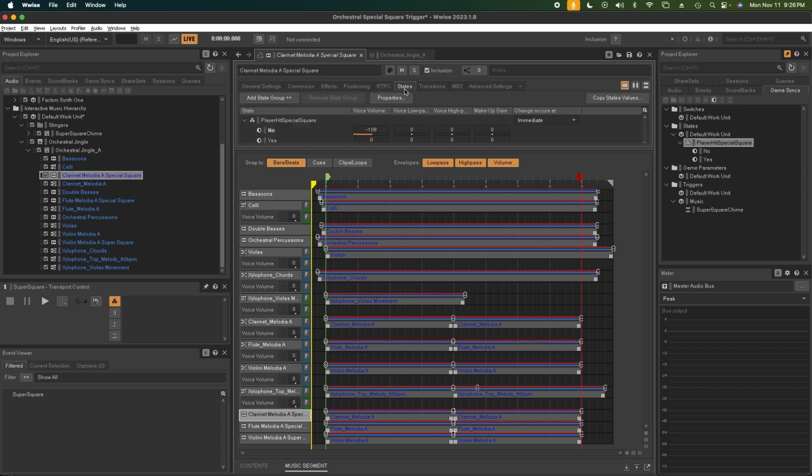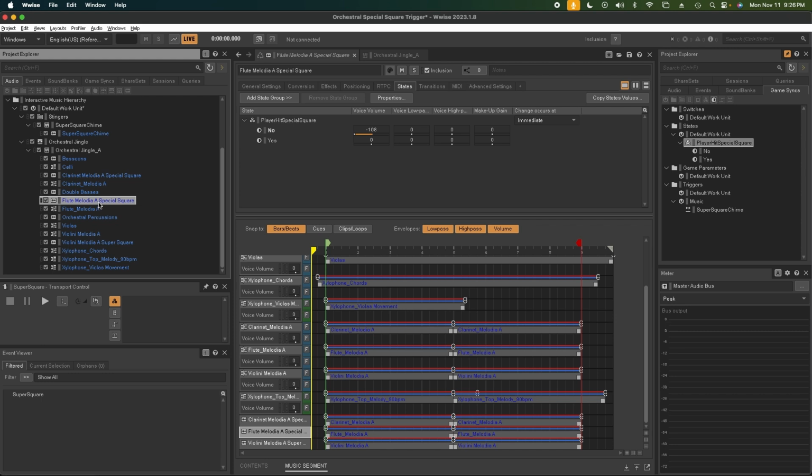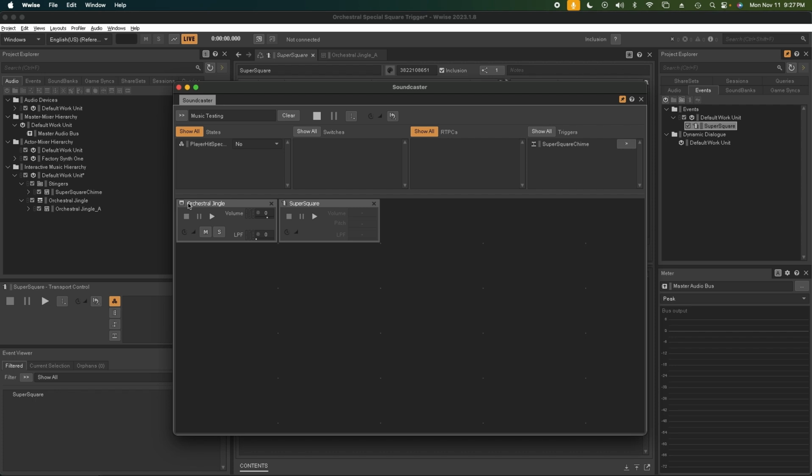So for example, what I did here is that I added the state group to the clarinet melodia A special square music track, and whenever it's set to no, Wwise will set the volume to be inaudible, and then whenever the state group is set to yes, it'll be an audible track. And I did the same for the flute melodia A special square, the violin melodia A super square, and the orchestral percussions. Now that we have that, we can use the event to trigger everything while the playlist container is